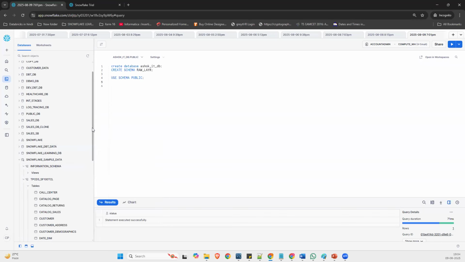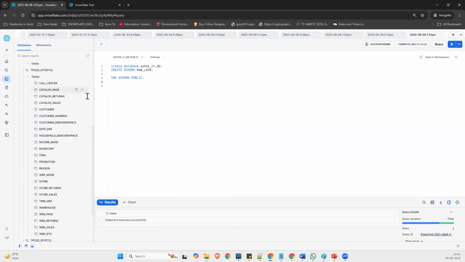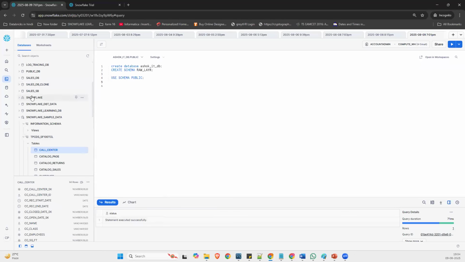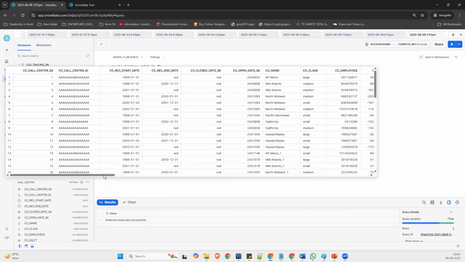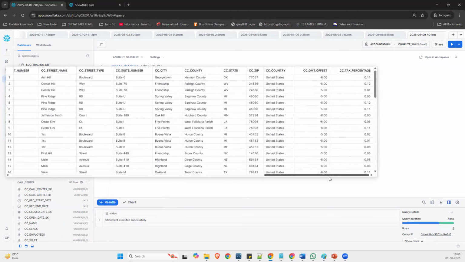These are already created tables provided by Snowflake. So whenever you log into Snowflake, you can join all these tables. They have unique primary key columns and foreign key columns, so you can join those tables. You can see here close date, open date, name, class name. It is all about data. If you would like to see the data, you can see it here. This data is available for you to practice.